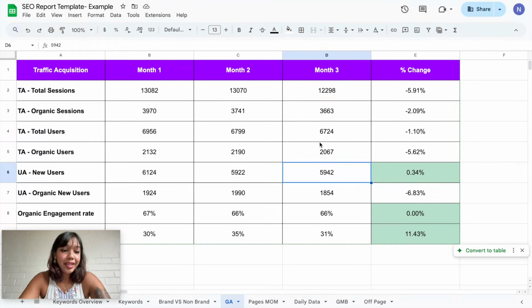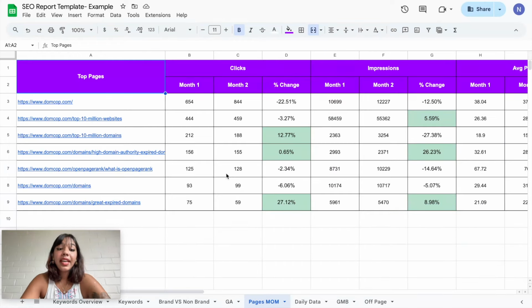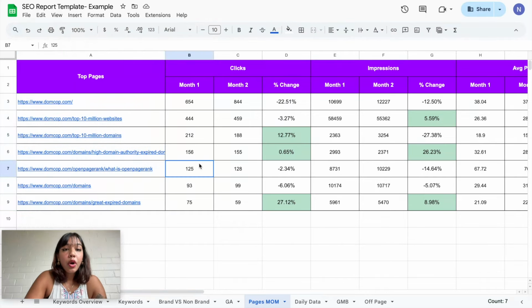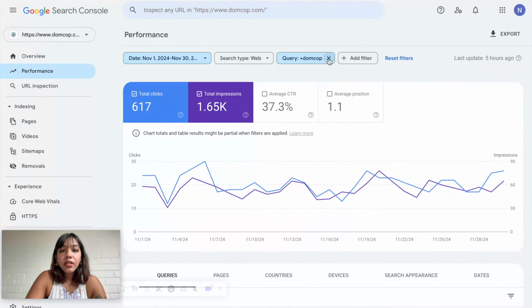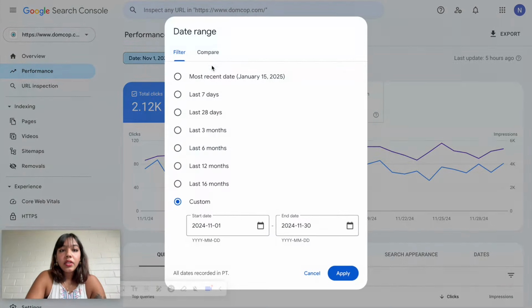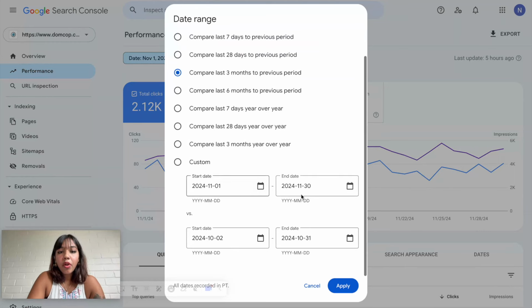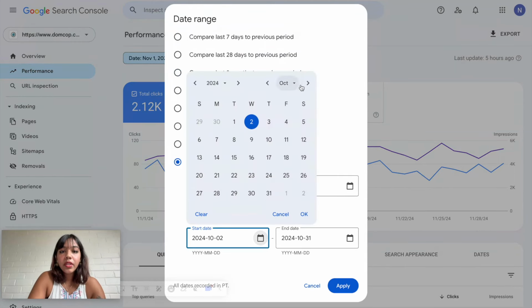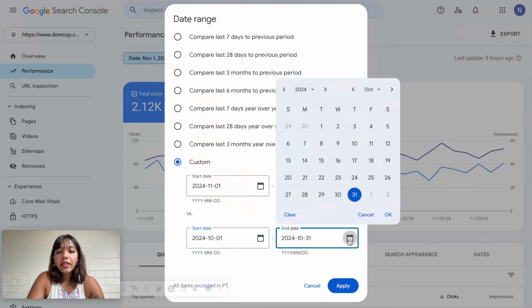You can find this data, of course, in Google Analytics. That's pretty easy to understand. So the next is the landing pages. As you can see, I've given the example of DomCorp. All I do is, as this is November, I quickly use a comparison from November to the previous month, which is October. Just add in the data